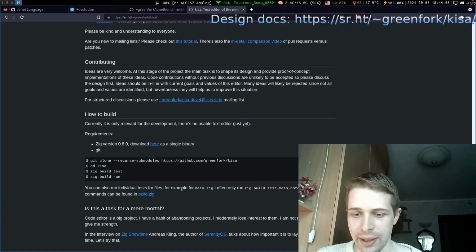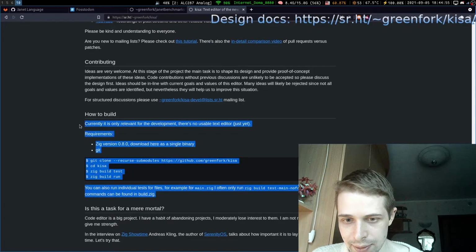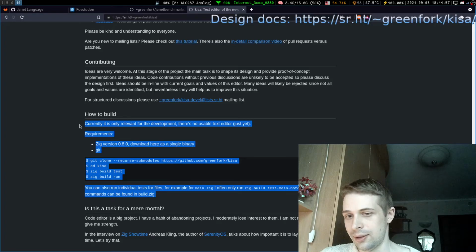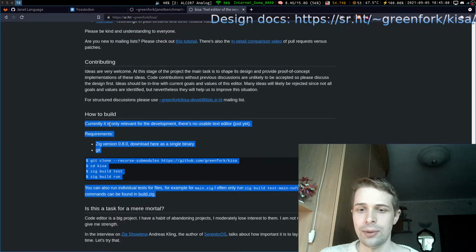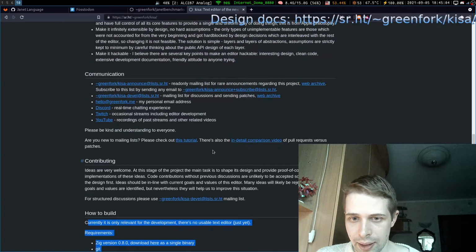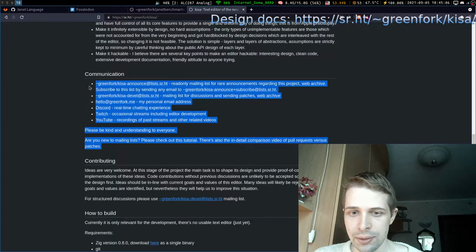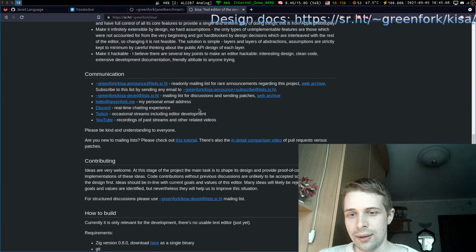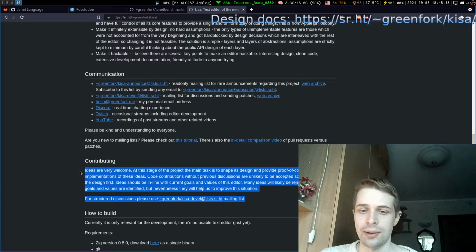By the way, if you would like to build for some reason, there are instructions to do it. And there are several resources for communication. For now, I think we will try to do a patch mailing list approach instead of GitHub pull requests. For example, here you can read about contributing.